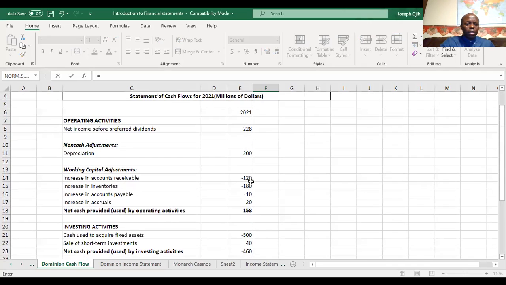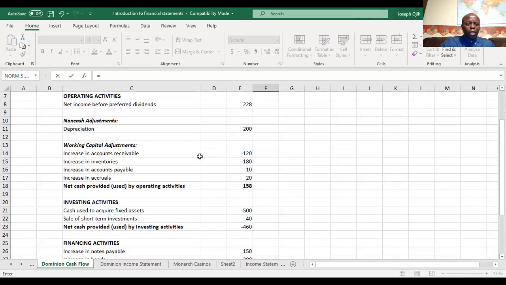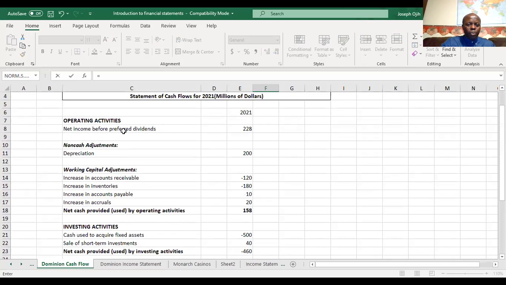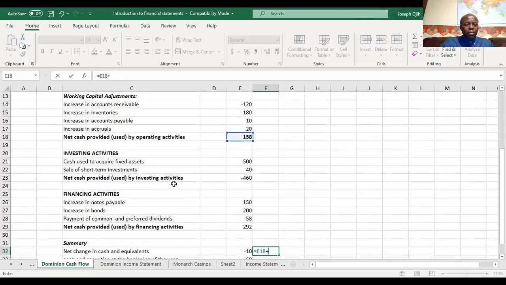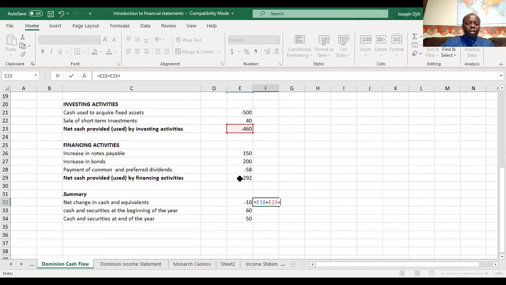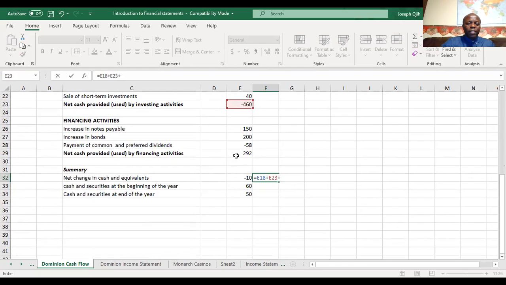So you can see the net cash flow from under the cash flow from operating activities. Okay. Now you can see the net cash provided by operating activities. You click on that, plus. So you can see the work we're doing here. We put plus, everything we show on the screen here. Plus net cash from investing activities, which is this one, plus, and then net cash provided by financing activities. Yeah, this. So you can see the -10,